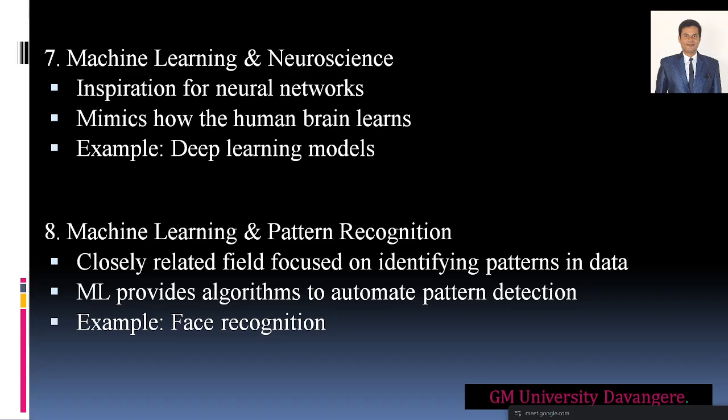Similarly, we have deep learning models, we have face recognition also, right? So these are the various things. In machine learning and neuroscience, it will try to understand the neural network, right? Just like neurons, you have neurons in your brain, no? The small nerves. That is what it will try to understand, the nervous system in the brain, where it circulates the fluids or not, everything it will check.